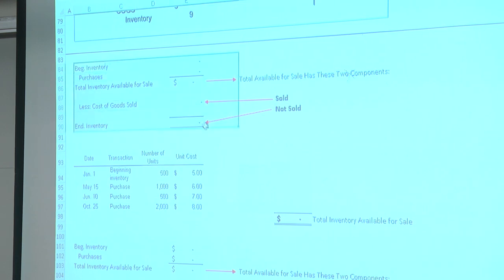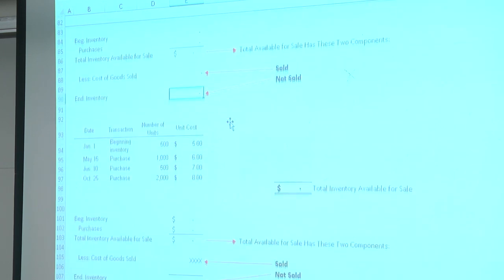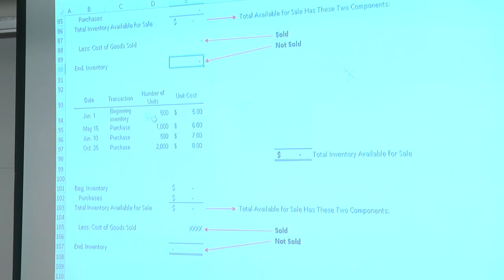I wanted to recap on the table from the previous slide. Just as a reminder, the question gives us beginning inventory and purchases. We'll have to calculate ending inventory in this case. First, let's try to figure out our total inventory available for sale. To do that, I copied the table from above. We're given beginning inventory plus 3 separate purchases and the cost for each one of those. So very simply, what we have to do is